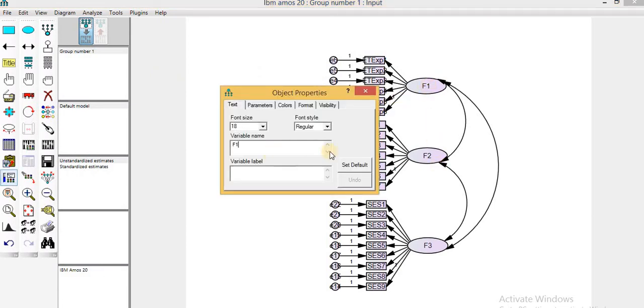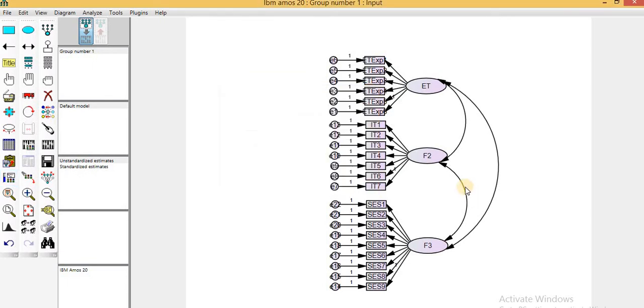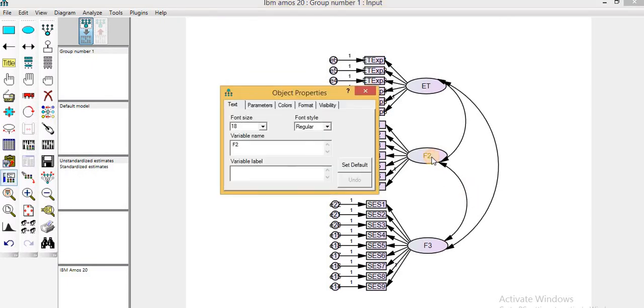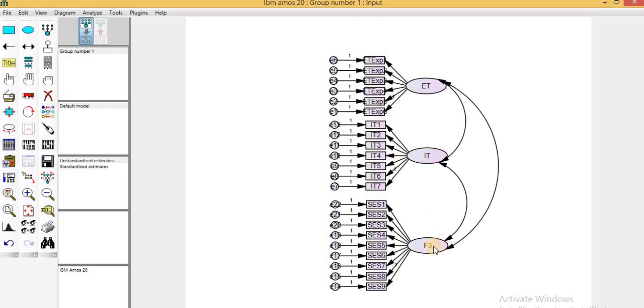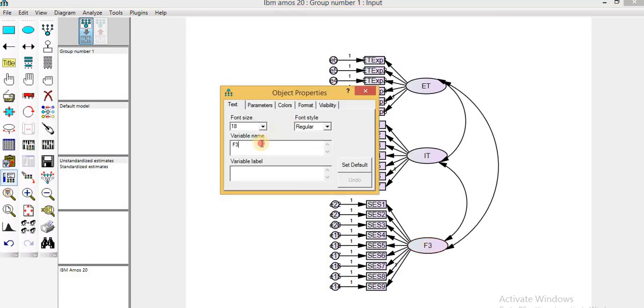So you can change these names. Entrepreneurs Trust, ET. And then you can also change it, Entrepreneurs Information Transparency, and then here SES, Socioeconomic Success.